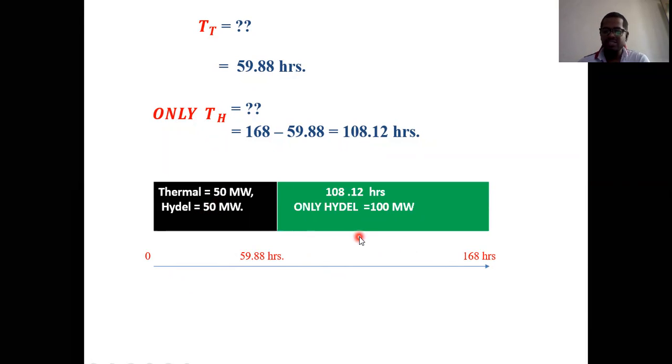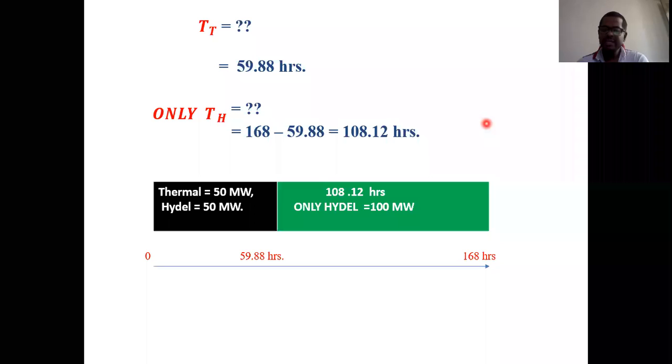But when you are considering the second slot, that is from 59.88 hours to 168 hours, in the time of 108.12 hours, only the hydropower plant is producing the power. How much power is it producing? 100 megawatts. So this is the solution of case 2. Like this, we can solve any type of problem when we are considering